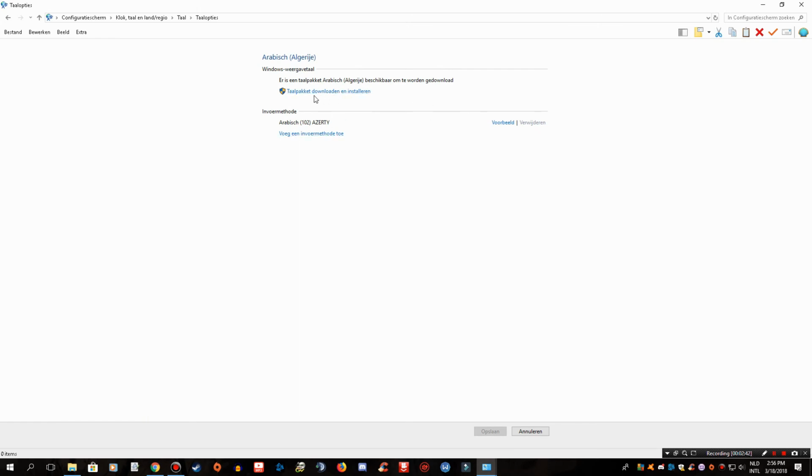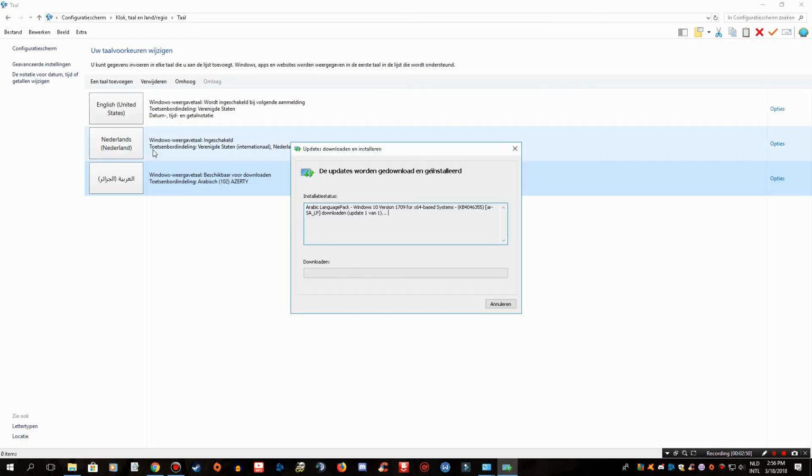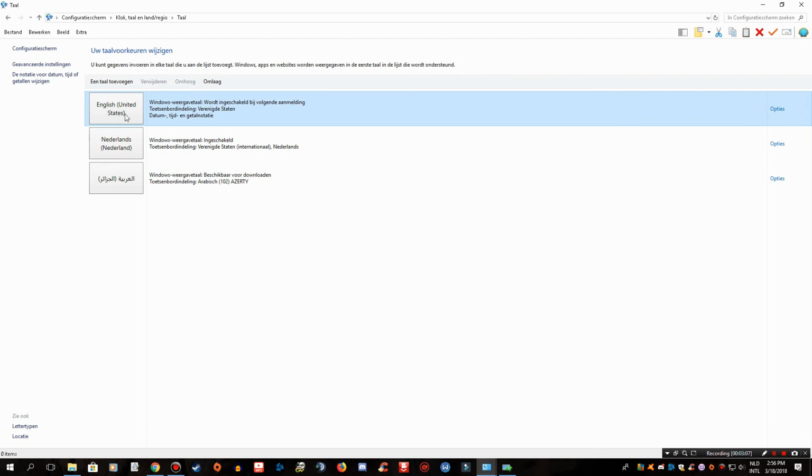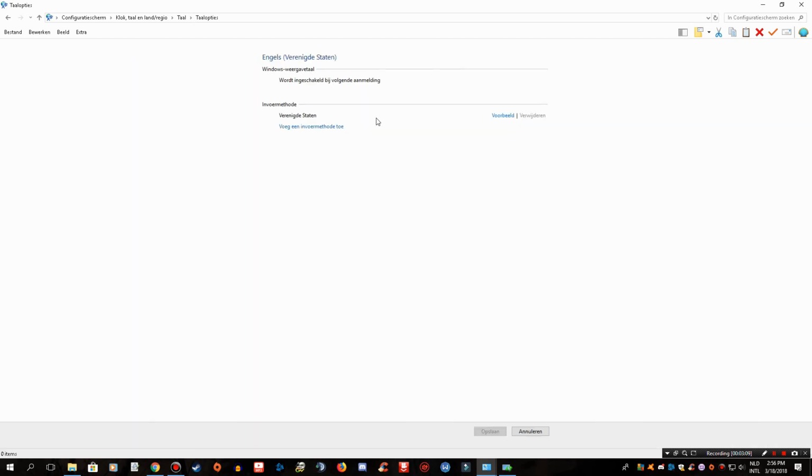We can now download the language package and install it, because by default, if you just click on this and add it, it doesn't do anything yet. You can download it, update it, and at some point there is, for English United States, I'm going to cancel this because I don't really need Arabic. Yeah, cancel this please. But anyway, for English United States, I had the option of also downloading a language pack